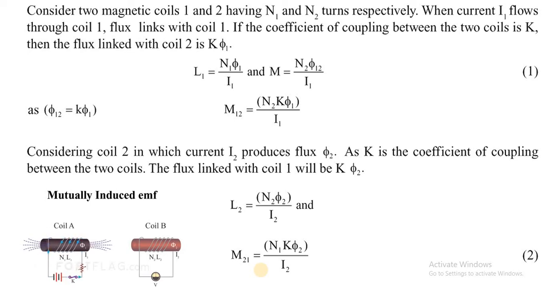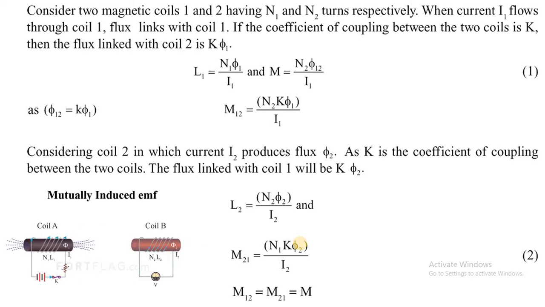Yes, ma'am. Okay. So now this M21, how will we find it? We are going to measure the mutual inductance of coil 1. So the number of turns of coil 1, that is N1, then the flux linkages of coil 1, how will I denote that? It is phi 21. And this phi 21 will be equal to K phi 2 divided by the current I2. Okay. So these are the two mutual inductances we have seen when one coil is taking current and the other coil is linking the flux.